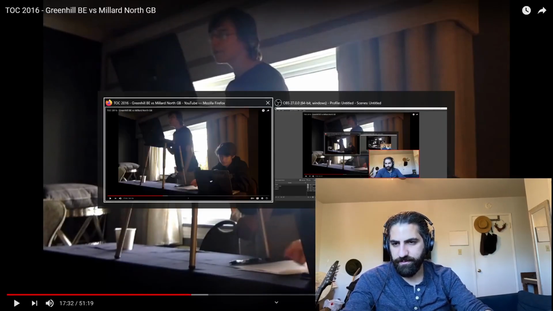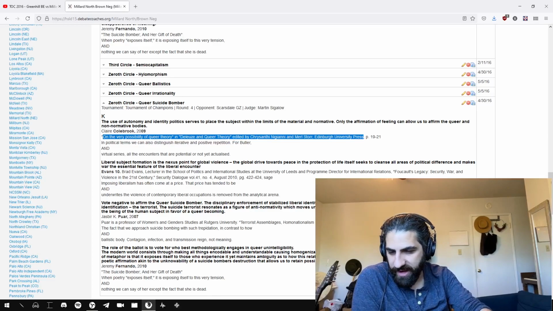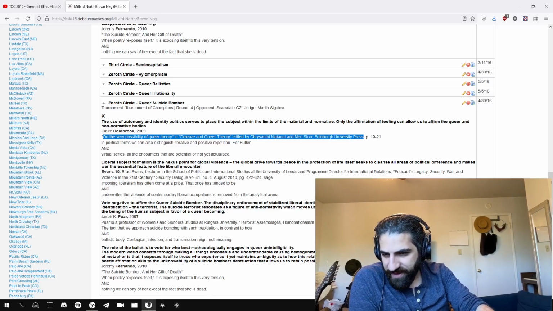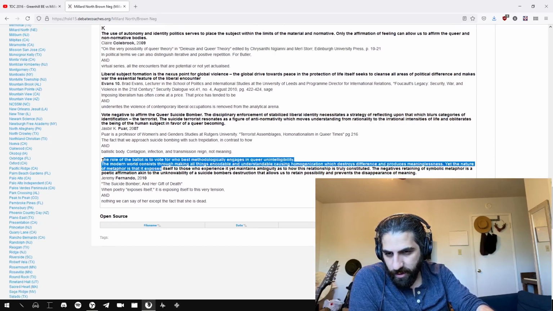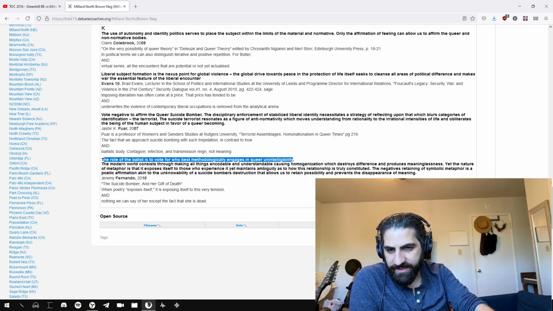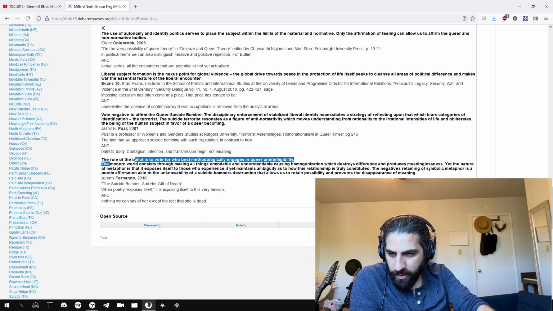So let's give an example of what finding that card would look like. So we're looking for Fernando 10. Evans, Jasper, Fernando 10. The role of the ballot, right? The role of the ballot is a framework argument. The modern world consists